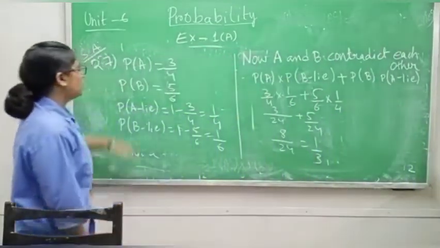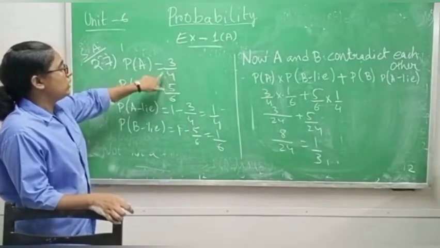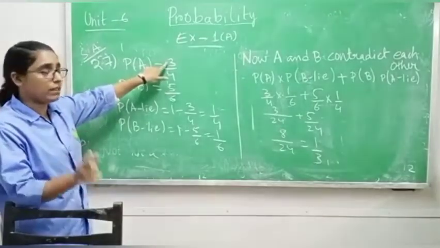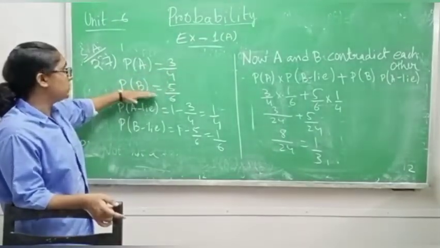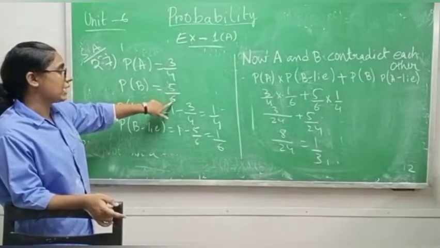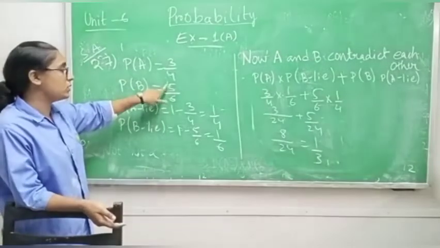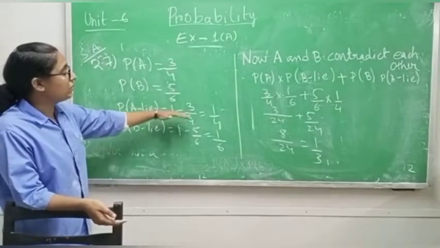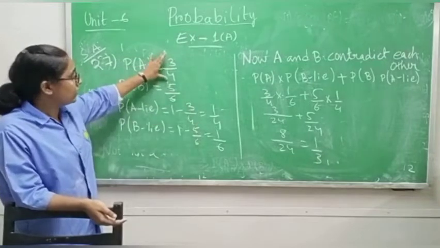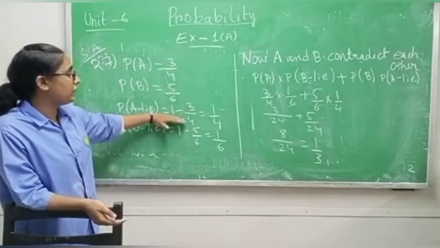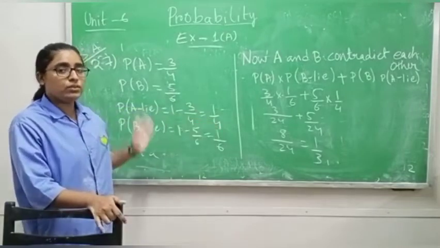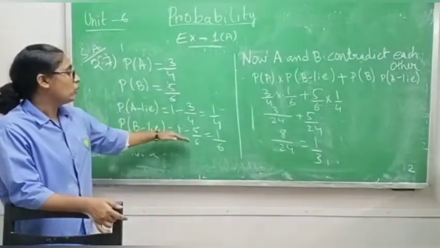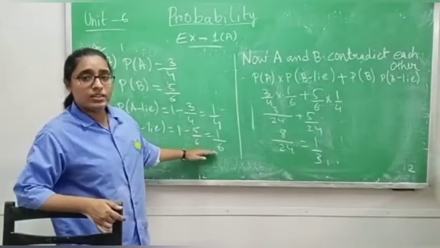Okay. Now total probability of A. Total A is telling how many times? 4 times, but he is telling the truth only 3 times. So 3 by 4. Again total B. B is speaking 6 times, but only 5 times he is telling the truth. Means 5 by 6. Now P A lie is the probability of A lying, 1 minus 3 by 4, because he is telling the truth 3 by 4 times. If I subtract from 1, I will get 1 by 4. Same thing which I had done in the last question. Now probability of B lying is 1 minus 5 by 6, it will come 1 by 6.